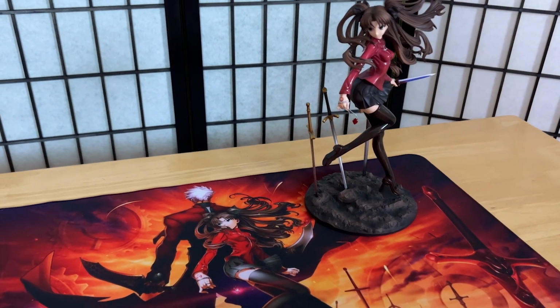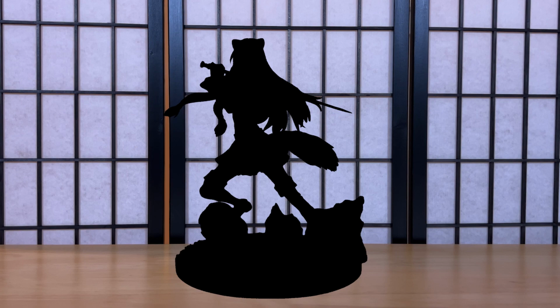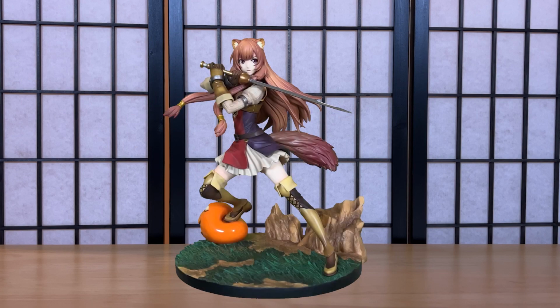So overall, why do I love this figure? Well, she's a waifu, and I feel that this is her best figure. Enough said. Now moving on to the next runner-up, this figure appeared in my last unboxing, so I won't spend too much time going over it, but to kill the suspense, it's Raphtalia from Rising of the Shield Hero 1/7